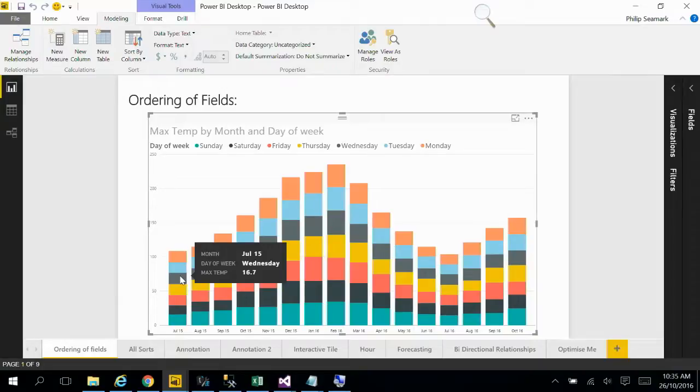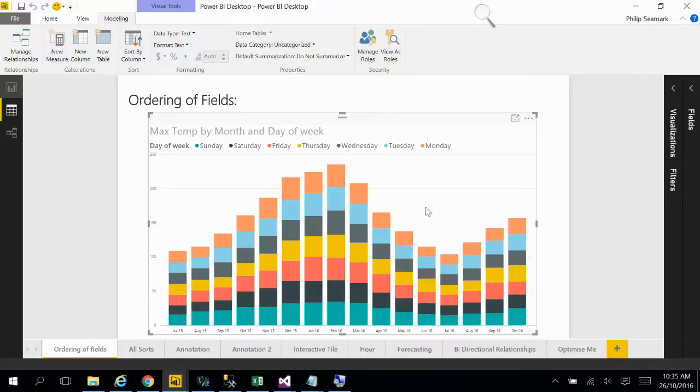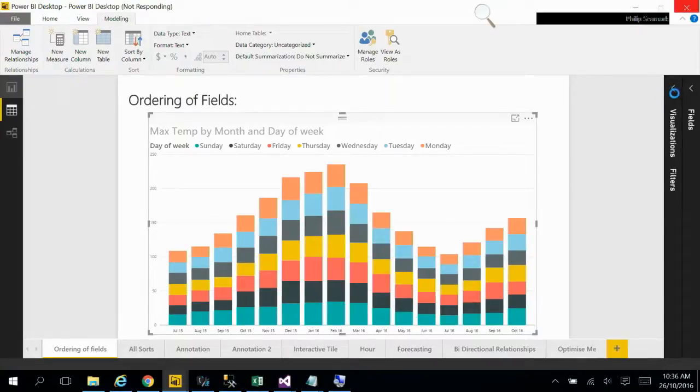So you can, in fact, override that simply by going to your data model, introducing a numeric column that you perhaps sort your dimension value by. The other area that actually has an influence on is your field list as well. So if I bring out the visualization field,